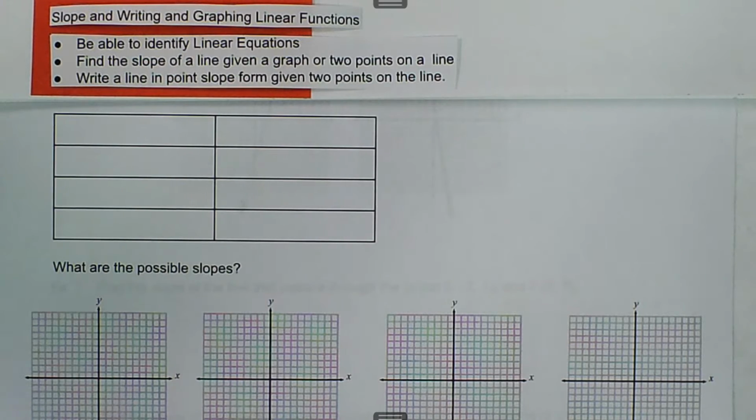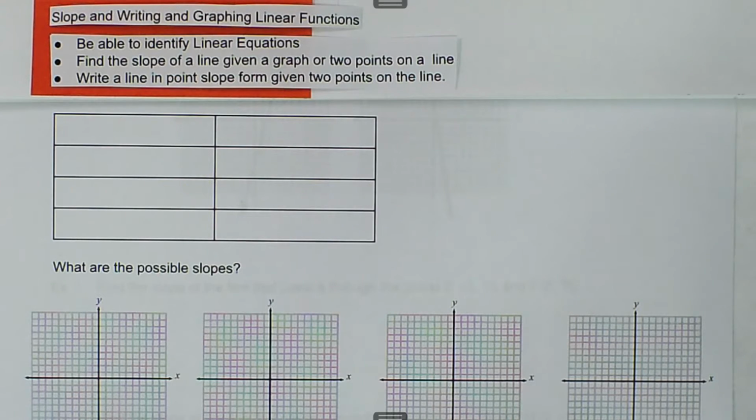We are talking about slope and writing and graphing linear functions. So we want to be able to identify linear equations, find the slope of a line given a graph or 2 points on a line, and write a line in point slope form given 2 points on a line. Okay? And first thing that we want to kind of remember are some different ways that we can talk about